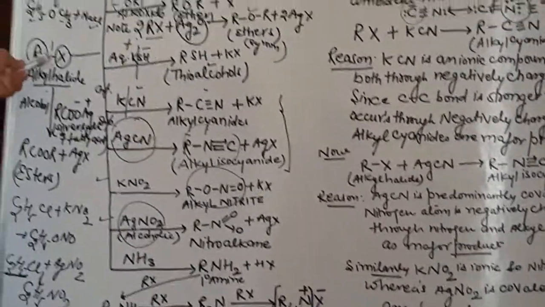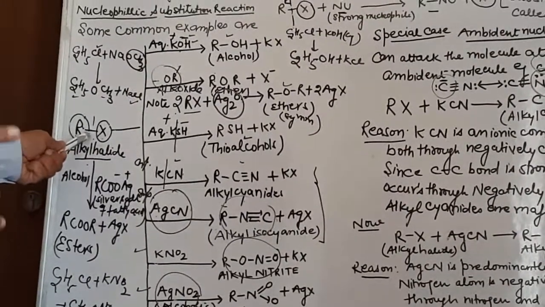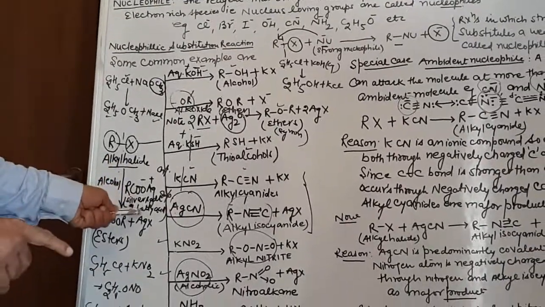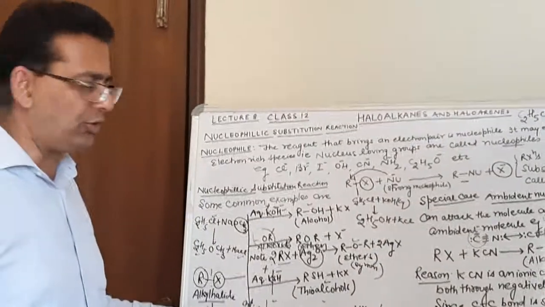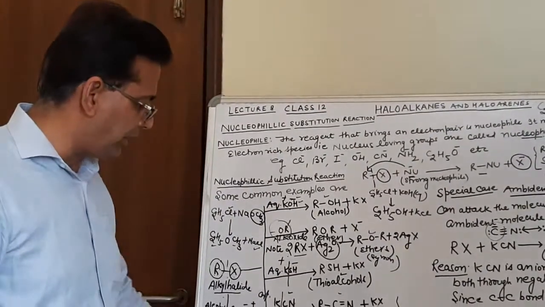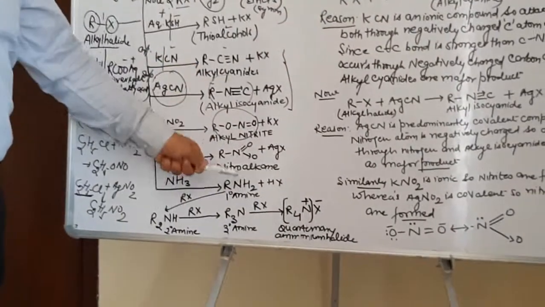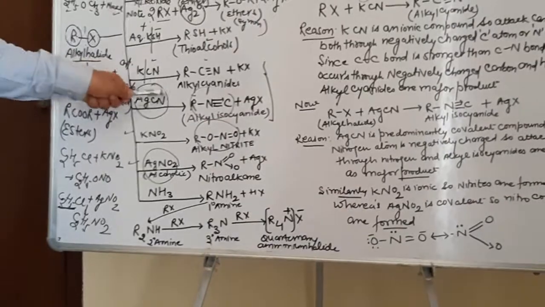Now look at the syllabus part. The first chapter is haloalkanes and haloarenes. Second is alcohols, phenols, ethers, so alcohol and ether preparation is done. Next is aldehydes, ketones and carboxylic acids. Next will be nitrogen containing compounds, and in nitrogen containing compounds, we have in the syllabus amines, cyanides and isocyanides. Cyanides and isocyanides preparation from alkyl halide has already been discussed.